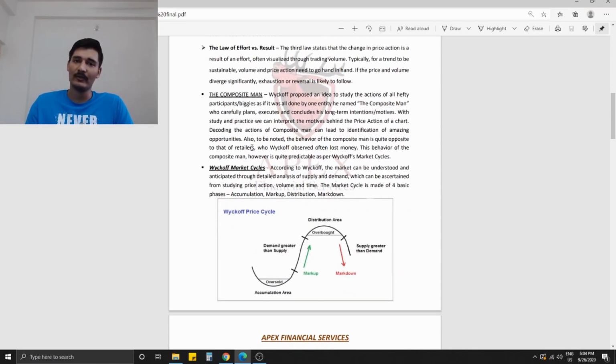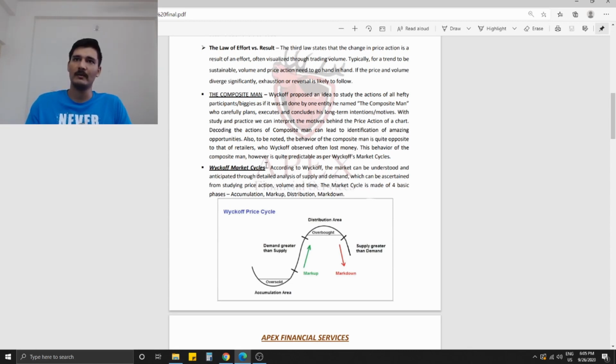Then we had the composite man. Now Mr. Wyckoff said that all these big market participants, the market movers, the operators, instead of following them one on one, which is practically not possible, all of them more or less function as a singular entity with a common thought process. And he said that this entity is to be known as the composite man. And the composite man tends to win a lot more. Many people think that it is because of the amount of money that the composite man has access to, but that is not really the case. He simply is a lot smarter than most of us and a lot more disciplined than most of us,